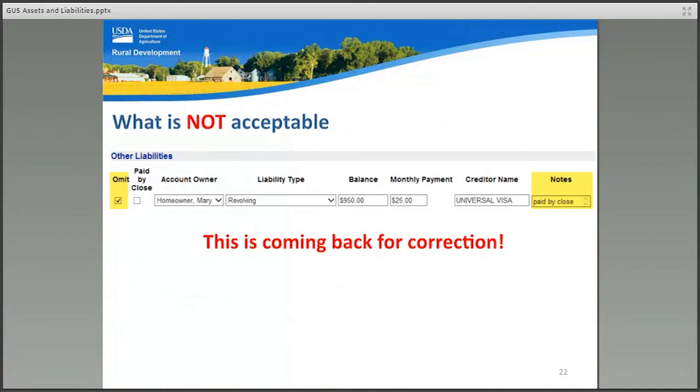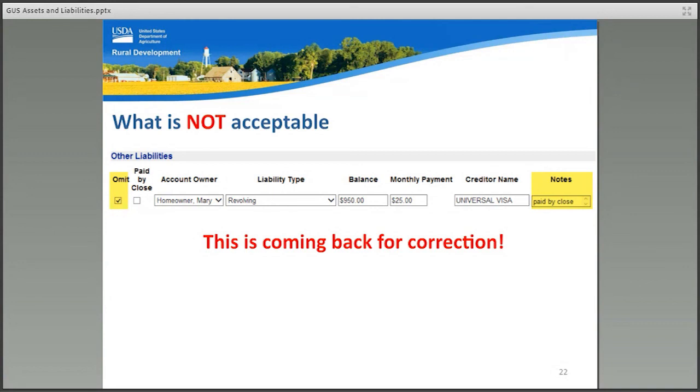This slide displays an example of how not to code a liability. Do not select Omit and then declare in the Notes section that it will be paid by close. There is a paid by close option located next to the Omit button. By making these selections, the user has omitted the debt from the ratio calculations and avoided depleting cash reserves. This is incorrect data entry.